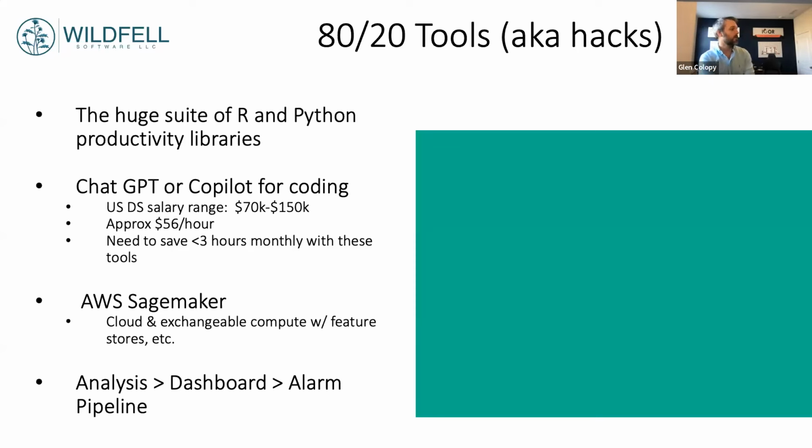that. Another one I found interesting is ChatGPT or Copilot, which is similar for essentially LLM assisted, large language model assisted coding. If you look at the price of the premium, the monthly subscription to ChatGPT, I think it's like $20. And if you look at the average US salary for a data scientist, it works out to, by my calculations, depending on how much vacation you take, about $56 an hour. And so for the average data scientist, you only need to be saving about 3 hours per month on this,